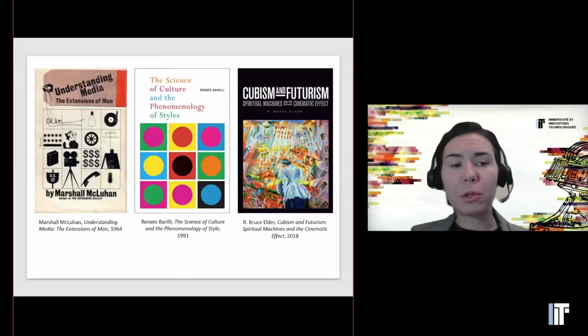This shift in worldviews is well described in the works of Marshall McLuhan, Renato Barilli, and R. Bruce Elder, who, among other ideas, discuss the effects of technological paradigms on imagination, creative expression, and perception of reality. In some artists' work, the change in worldview stimulated a conviction that matter is an accustomed way of seeing, which, through appropriate training, can be overcome, revealing reality as it is.